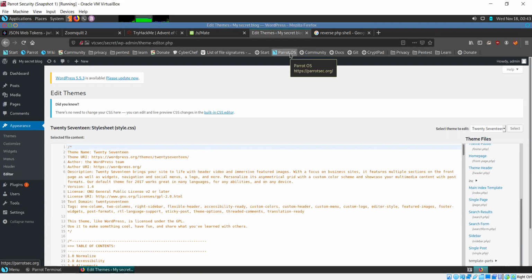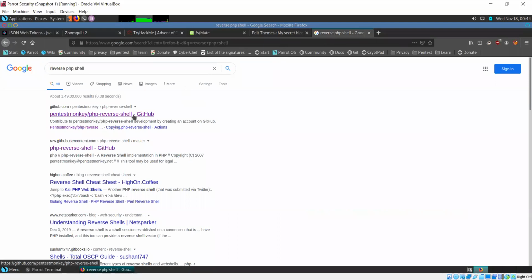When you access the page on the browser, that PHP code will run and it will try to create a connection to whatever IP I specify. Since it's a reverse shell, I'll specify my IP and get it to connect to myself. So I'm going to be using a reverse shell written in PHP.